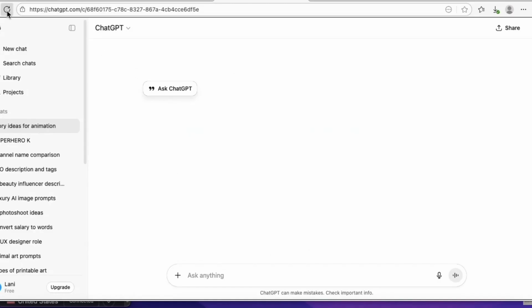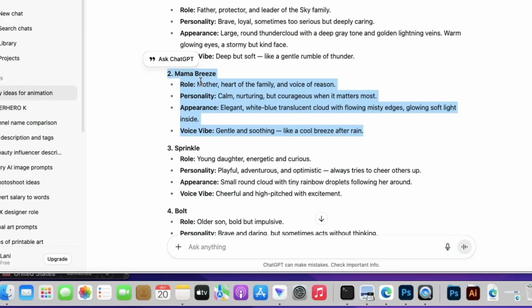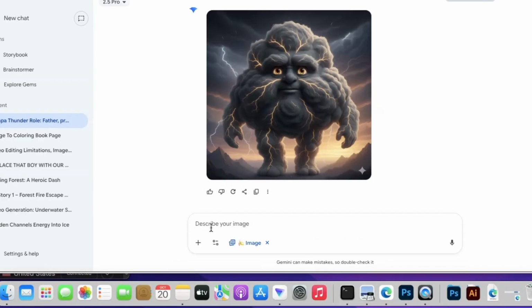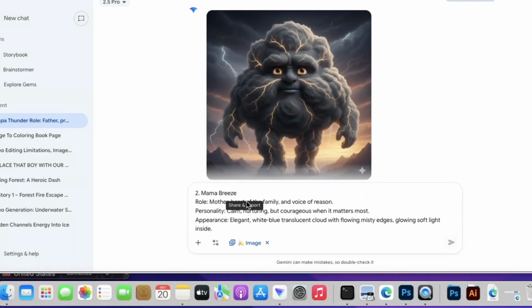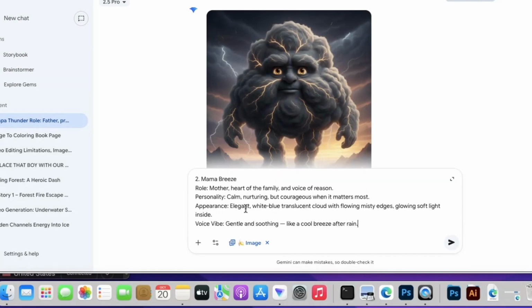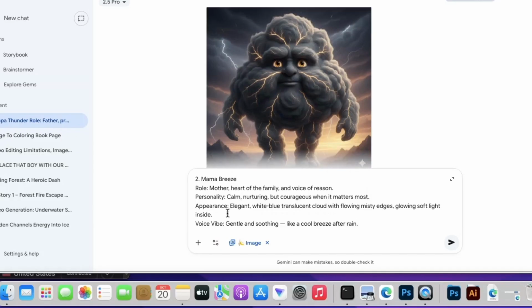Let me first refresh my PC over here. So go ahead and highlight her prompt. Then you come back to Gemini and paste the prompt over here. Okay, just like this. If you have a particular image that you want to use of your own, you can